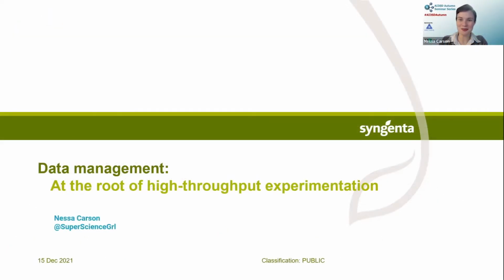So I think this is probably going to be quite a high level talk. I don't really have any specific case studies that I'm going to talk about. It's kind of coming at it from the side of general strategy with automation, data management, that kind of thing. In high throughput experimentation, which is what my background is in, we're dealing with a lot of data,